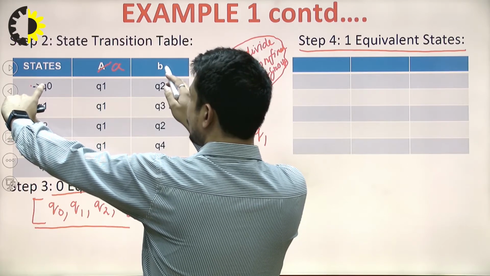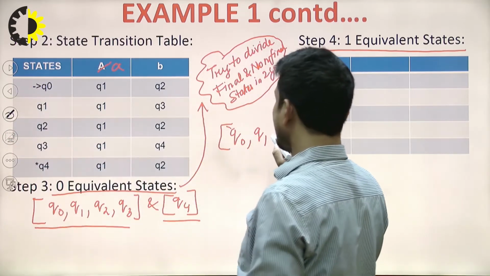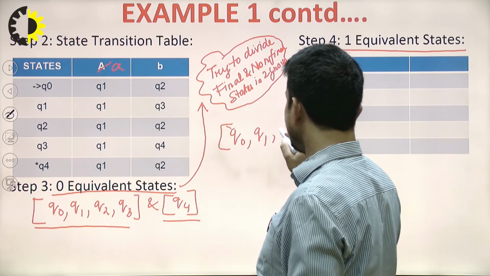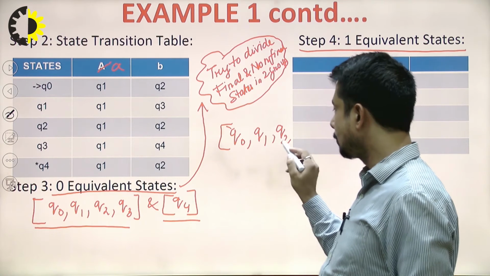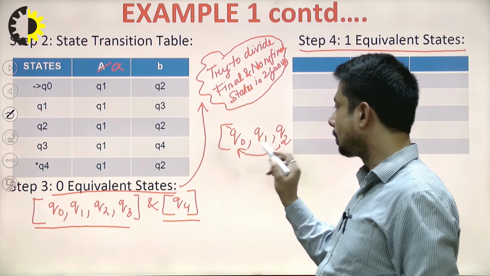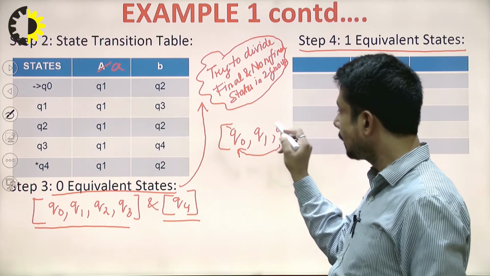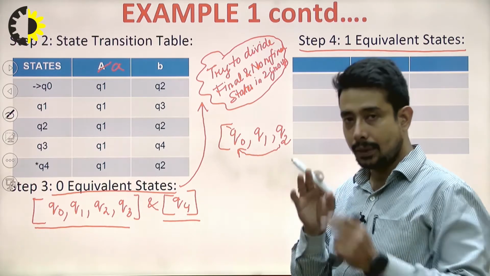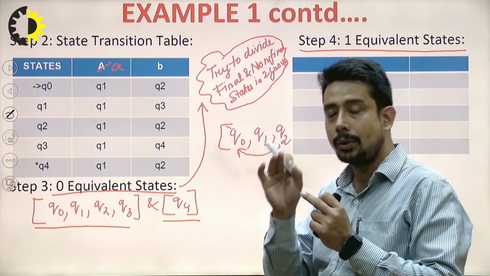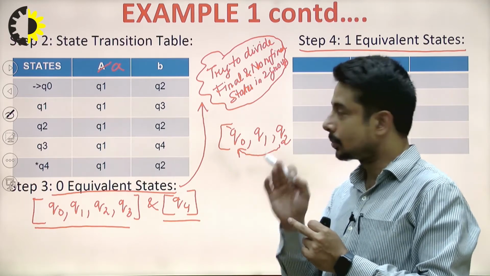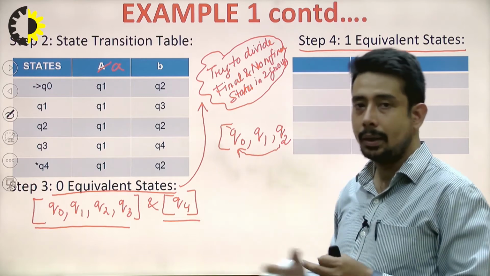On seeing input alphabet B, it is going to Q2, that is also the same state. So that means Q1, Q0, Q2 can make a pair with Q0, right? Q2 can make a pair with Q0, but Q1 was already present. So I need to now check Q2 and Q1 together. It's not a confusing one, but you need to check every step, or listen to every step very carefully so that you can understand. Only one time you need to understand this, otherwise it will be the same thing.